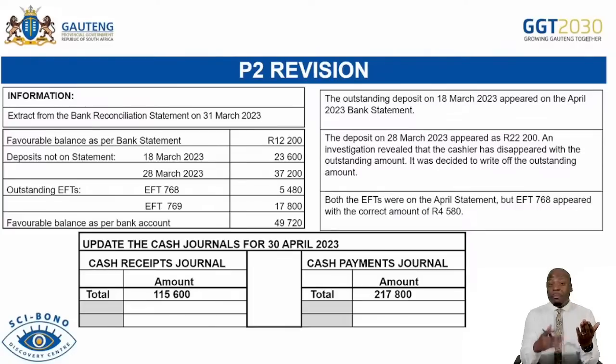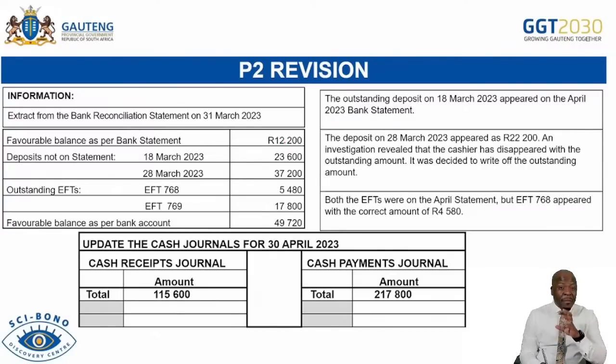You read the question paper together with the answer book, so that when you are answering, you know which information to take from the question paper and which information to bring into the answer book. Now, what is of great importance is when you look at your bank reconciliation, you must read it and you must understand what it is. Okay, and then after you have done that, the next thing that you must do is to take information from the previous bank reconciliation and record it where it has to be recorded.